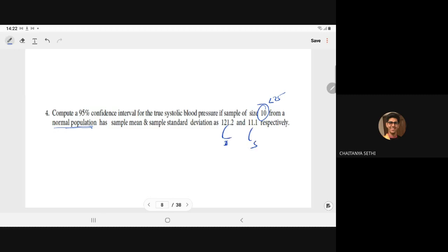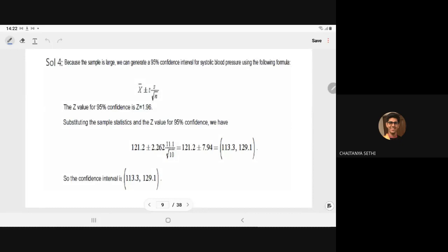When we have this situation, where the population follows the normal distribution and the sample size is less than 25, then we say the sampling follows the t distribution. So instead of z, now we use the student t distribution. We have the same type of formula, but instead of z, we use the student t distribution.